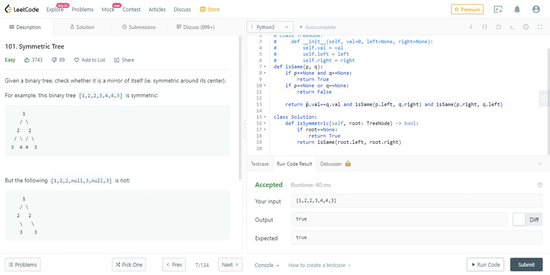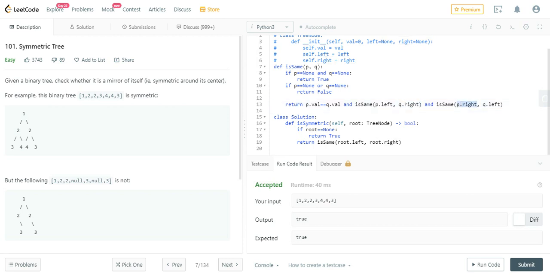Then comes the tricky part: we have to check the value. It's quite trivial, but just keep track of these two cases, okay? If both values are the same, we again pass left and right, and again pass right and left.